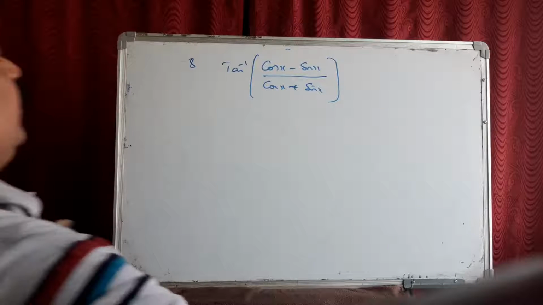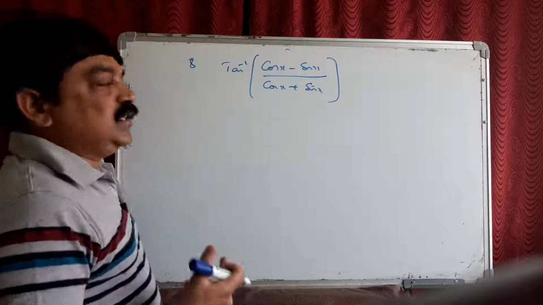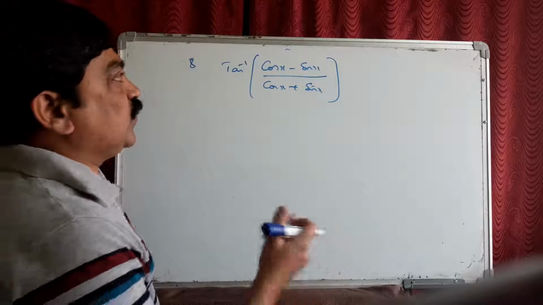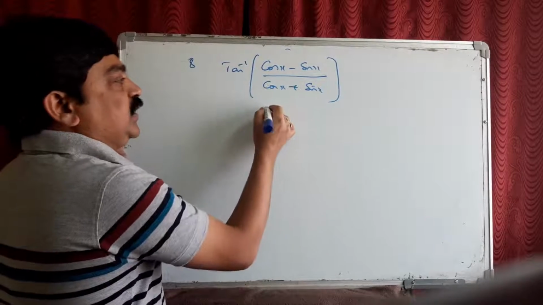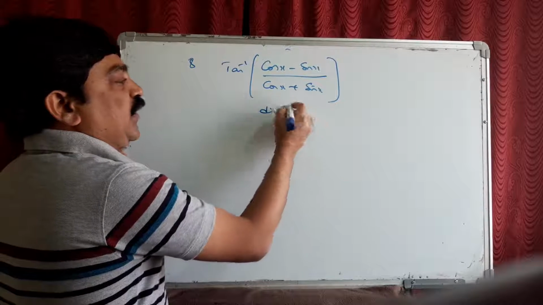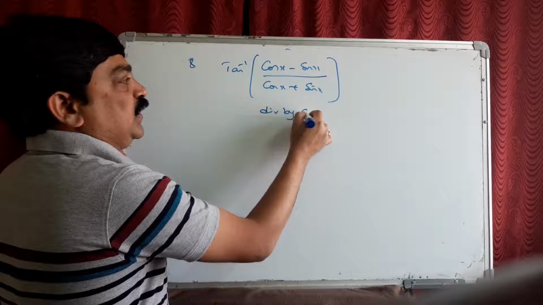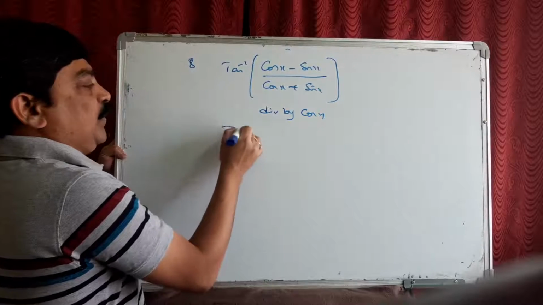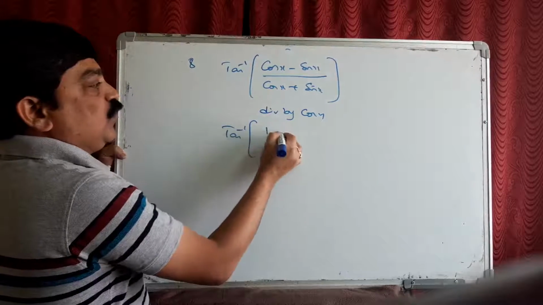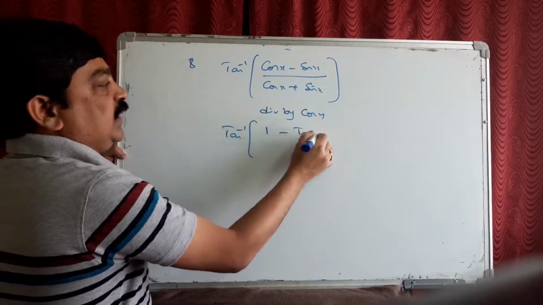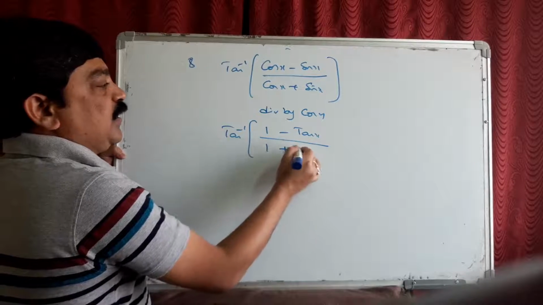See, in this problem, outside it is in terms of tan inverse and inside it is in terms of cos and sin. We convert the inside terms into tan by dividing the whole numerator and denominator with cos x. Then what happens? Cos by cos is 1, sin by cos is tan, cos by cos is 1, sin by cos is again